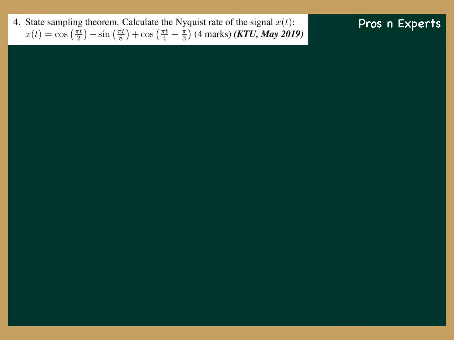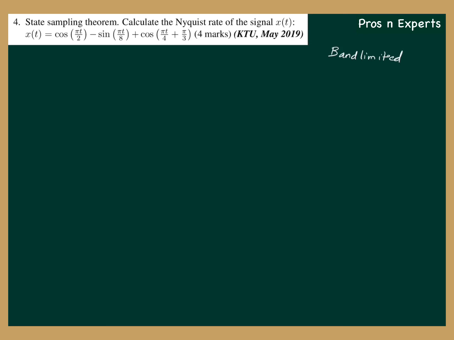Okay, the next question is: state the sampling theorem and calculate the Nyquist rate of the signal x of t given. Sampling theorem is one of the most beautiful theorems in signal processing. You have to refer to standard textbooks for the complete definition and understanding, but I am giving you a superficial idea. Sampling theorem states that a band limited signal, which is a signal that contains a maximum frequency component and nothing above that,